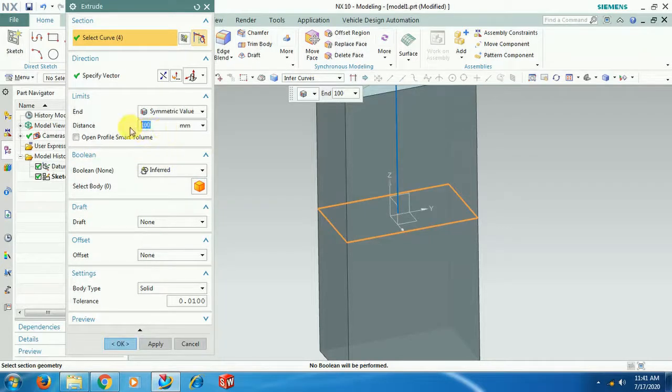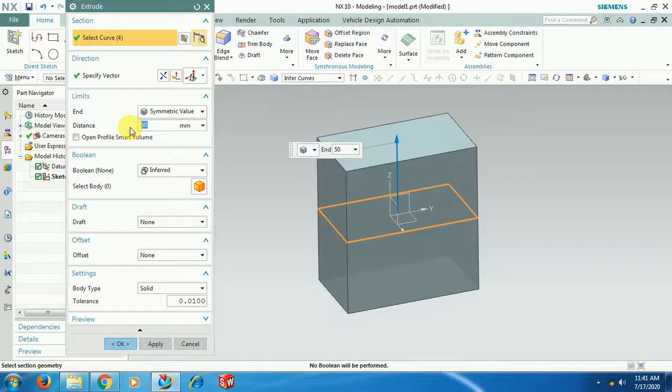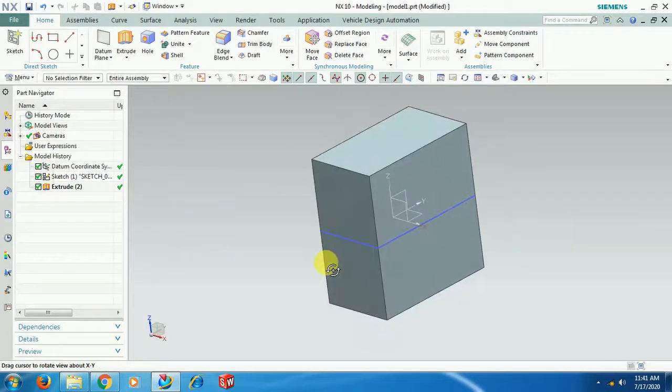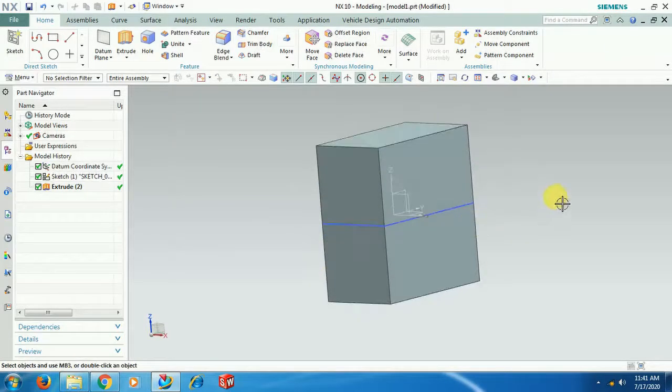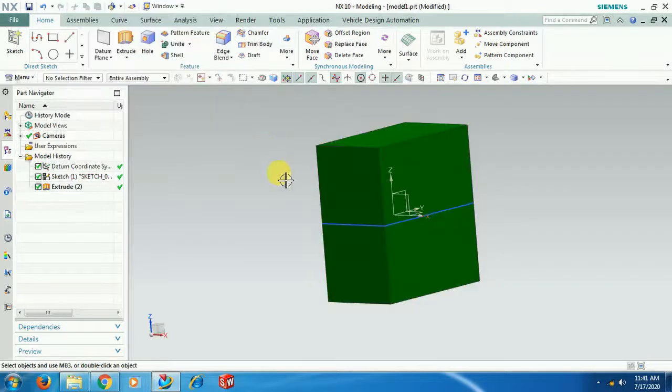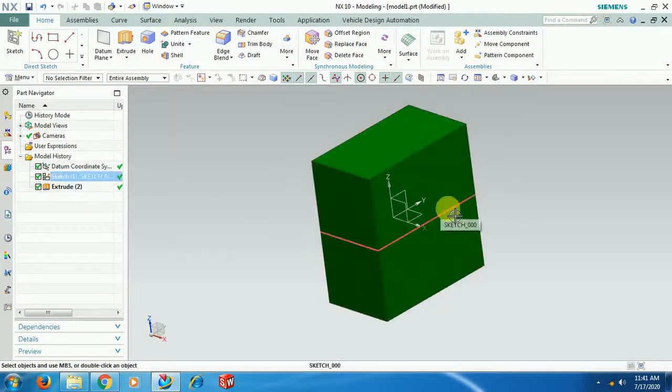So both sides added symmetrically. Now I give some color. I hide the sketch.